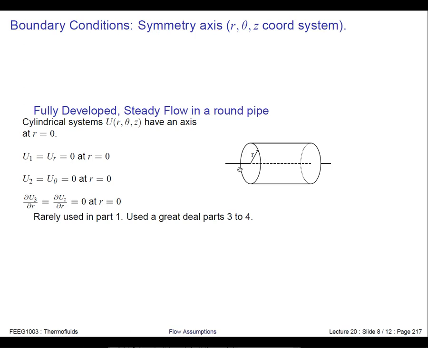So we need again to know what we can assume at the center line, and in this case we've got a cylindrical coordinate system, so u1 is ur, the velocity in the r direction. Then we've got u theta, the swirl velocity, and uz, which is the velocity along the axis of the pipe. Okay, so at the axis r equals 0, there's 0 radial velocity, so therefore